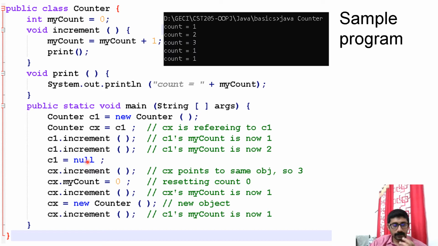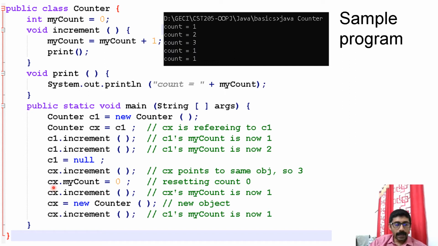Let us check. I said both c1 and cx are pointing to the same object at this time. I assign c1 equal to null. So here I want to see whether my object is deleted or not. cx.increment. See, I am getting value 3. That means this particular statement just removed the link. It is not deleting my object.